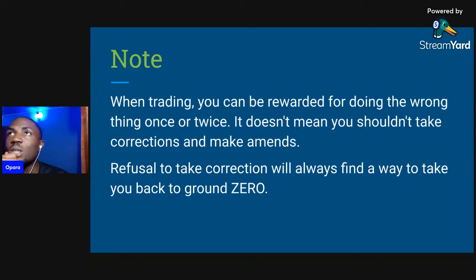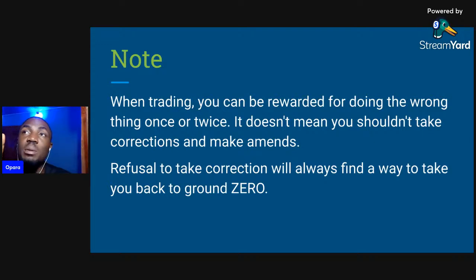Once I noticed about the crypto markets that you can be wrong and the market will still give you profit. Like you still hit TP. You did a wrong analysis, but somehow you were lucky and the analysis played out in your favor. The fact that it played out in your favor does not make that wrong action valid. So you need to be very, very careful.